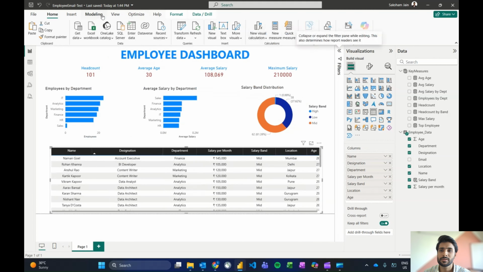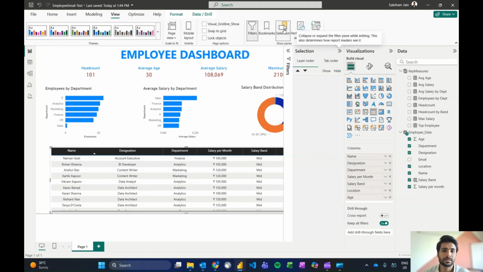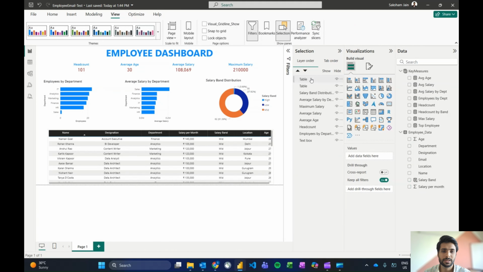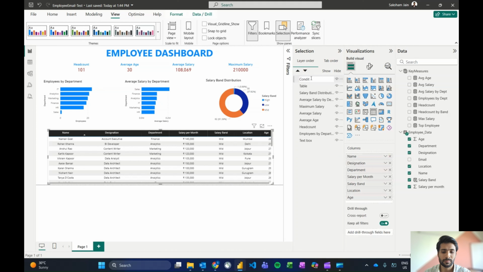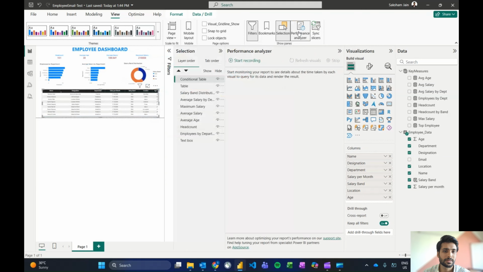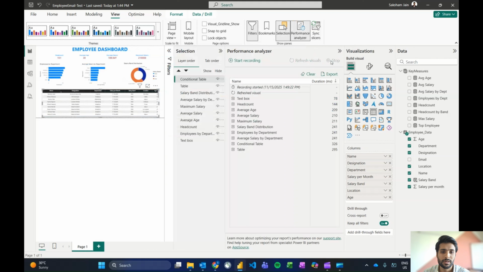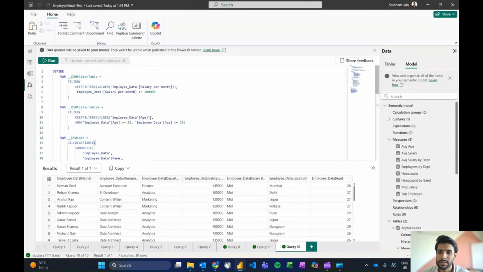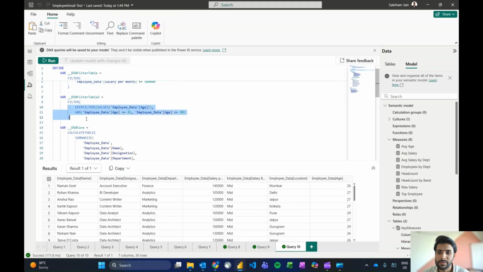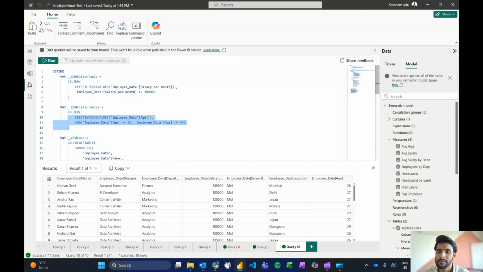So what we can do is we'll first of all open selection, give this table a name, conditional table, and open performance analyzer. We'll start recording, we'll refresh visuals and stop. Search for the conditional table that we have just created and run it in DAX query view. This will open the DAX for that table, which says that the employees earning more than 1 lakh and for the employees between 25 and 30. We'll copy the entire thing